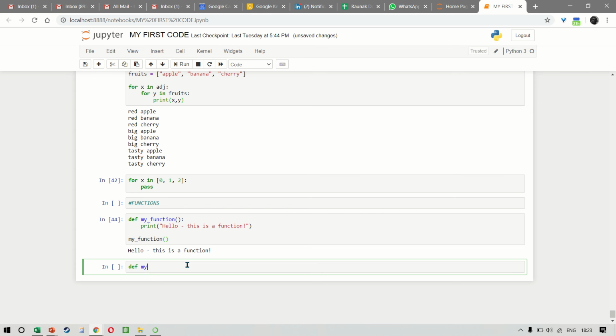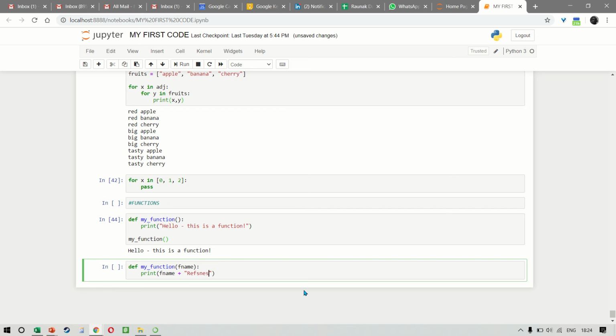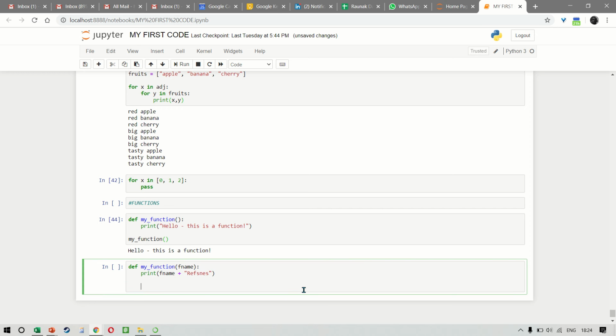We want to write def my_function, and let's call this fname, and we will print fname plus, and then we will say my_function with an underscore, and this will be Emil.